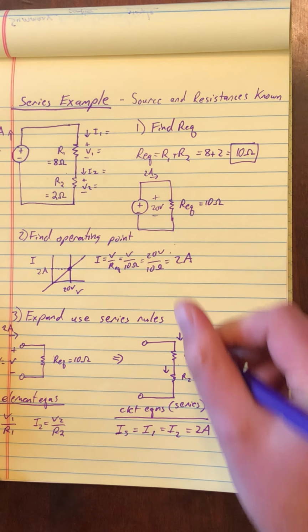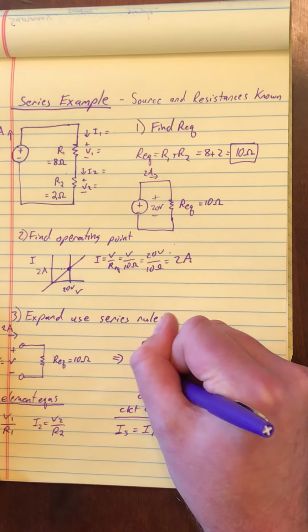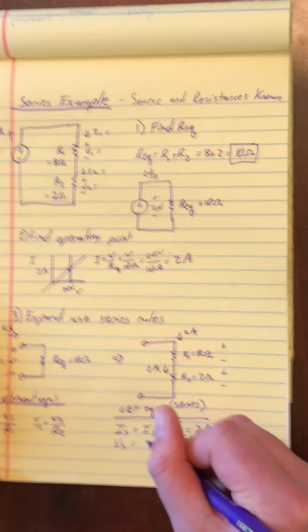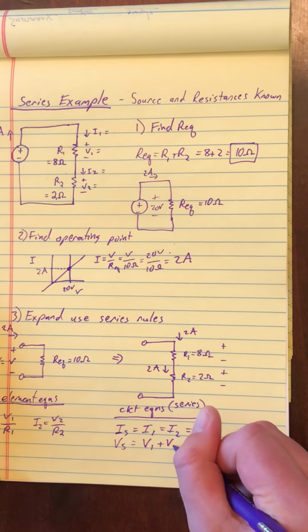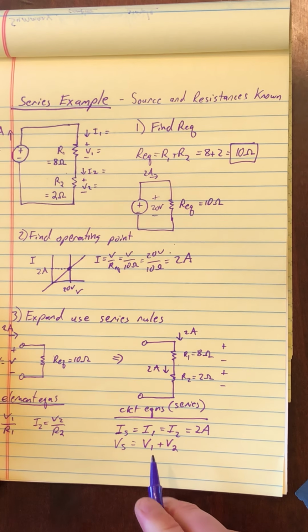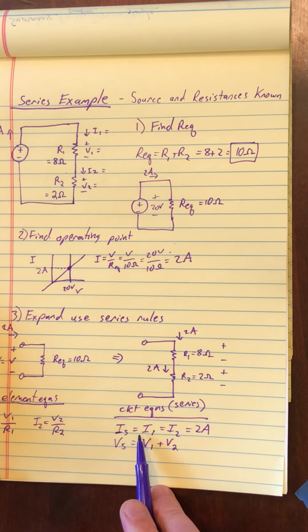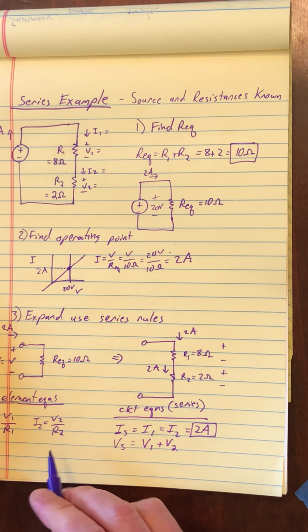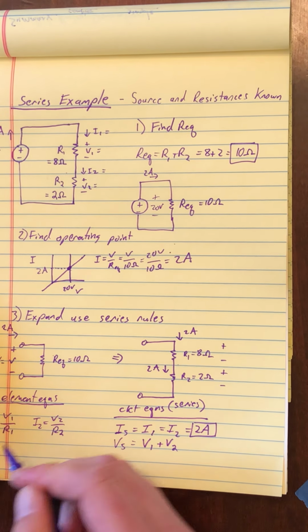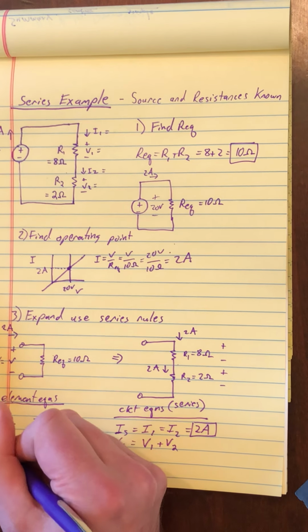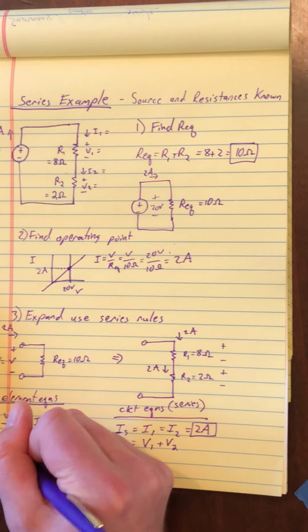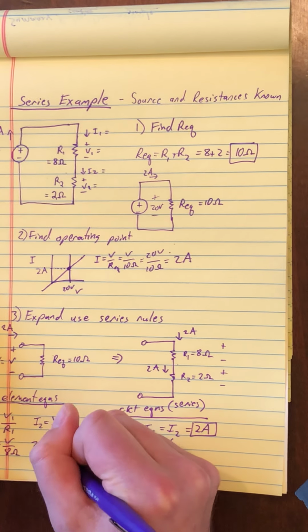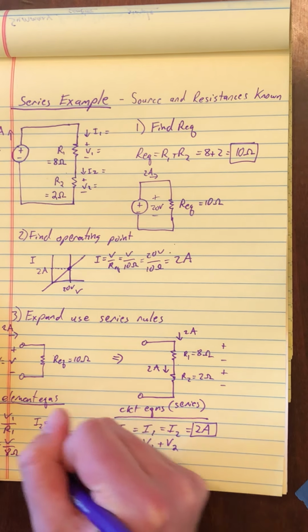So all of them have 2 amps as their current, 2 amps, 2 amps. And then I know that V source is going to add up to V1 and V2. I don't have that solution yet. So what I can do now, since I know that these are all 2 amps, I can plug that back into my element equations. I don't have to rearrange, I can just plug them in. 2 amps is V1 over R1, which is 8 ohms, and 2 amps is